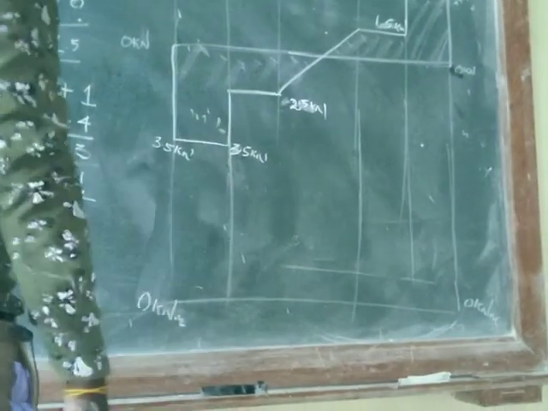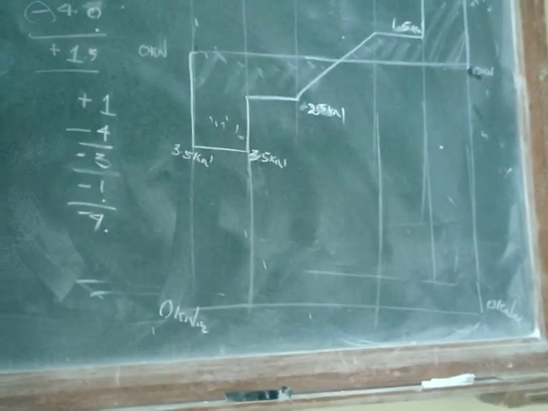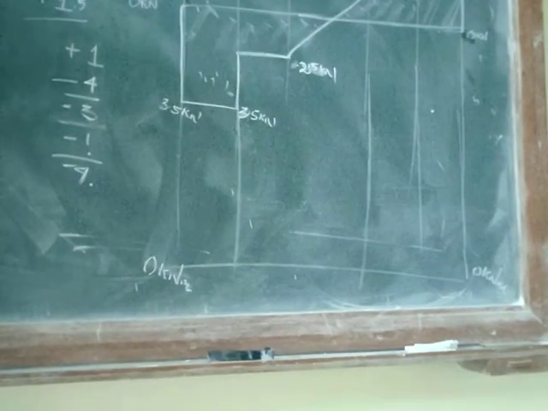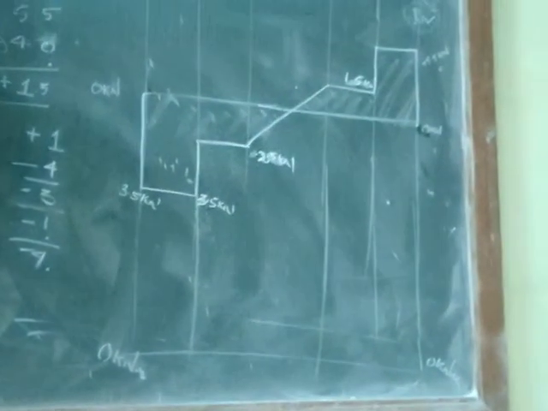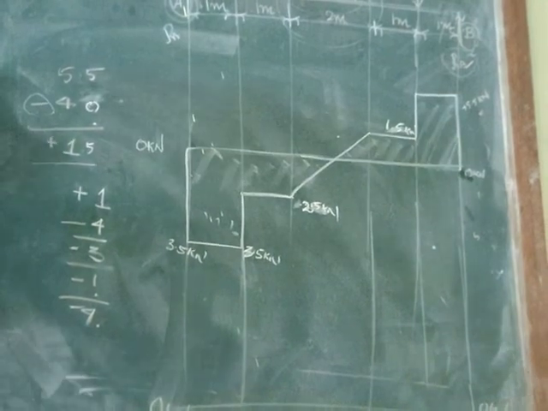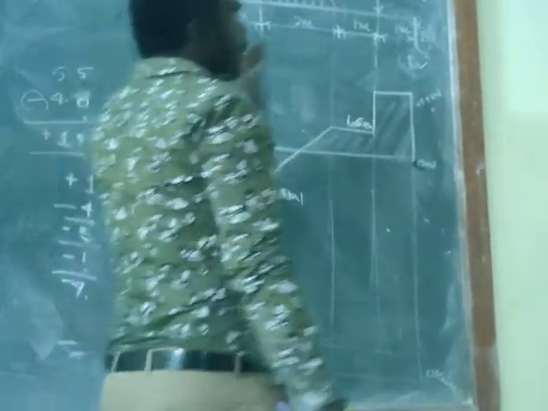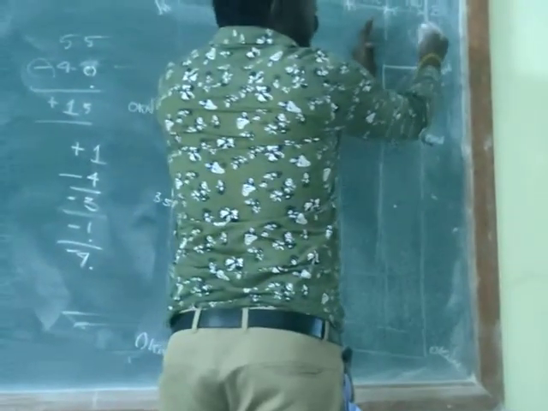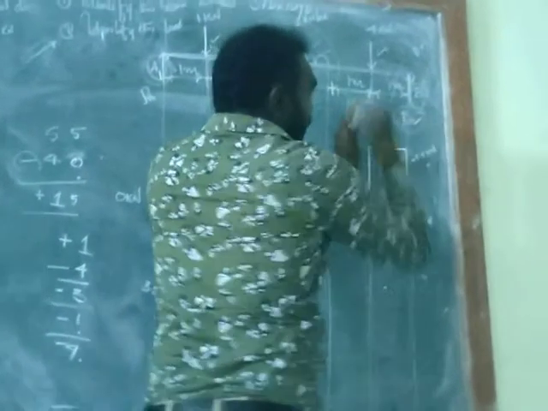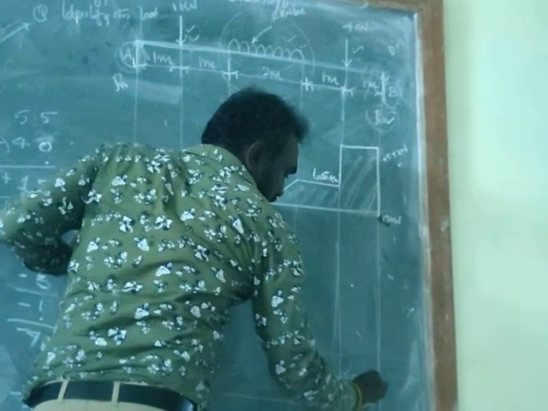What is bending moment? In the starting itself, we studied the summation of all moments of forces. Summation of all moments of forces is known as the bending moment. Moment is nothing but force into perpendicular distance. So, for calculating here, we are having one load. So, 5.5 into 1 is equal to 5.5. So, here we have a value of 5.5 kilonewton meter.